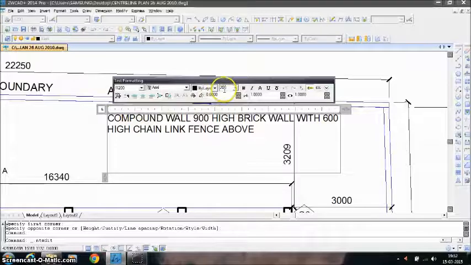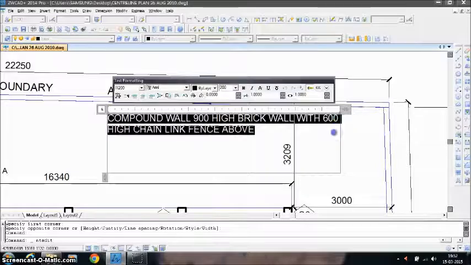Now you will see that here the height of the text is 200. Let us say that you want this height to be slightly less than 200, let us say 150. So you go here, press the first mouse button and drag to cover all this text. Remember that highlighting this text is important before you edit it.